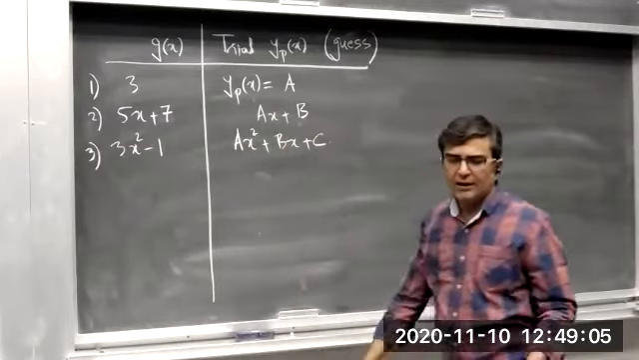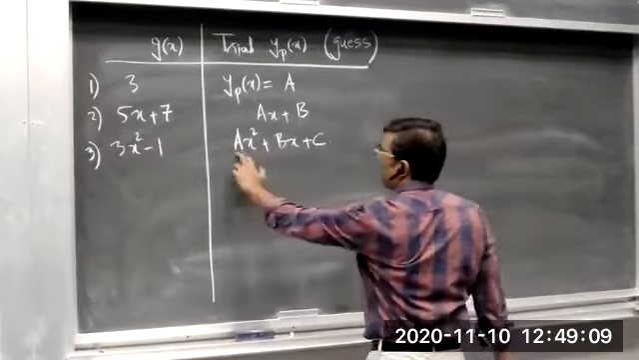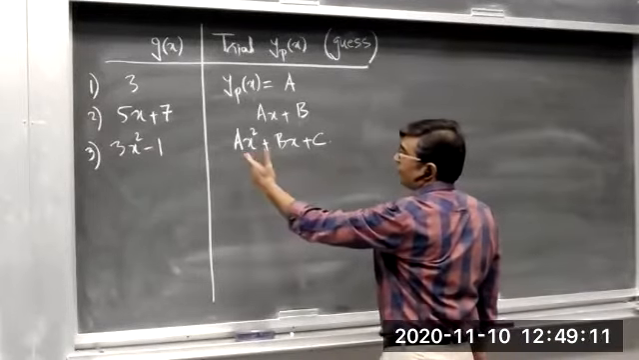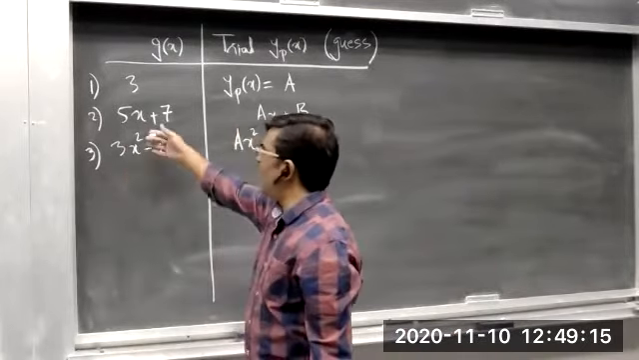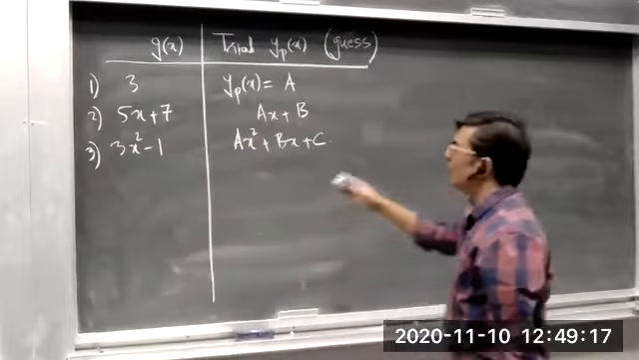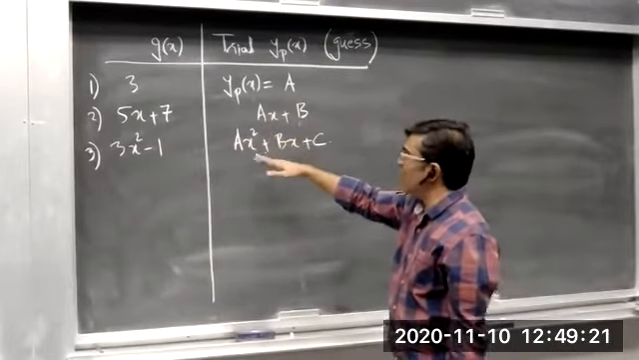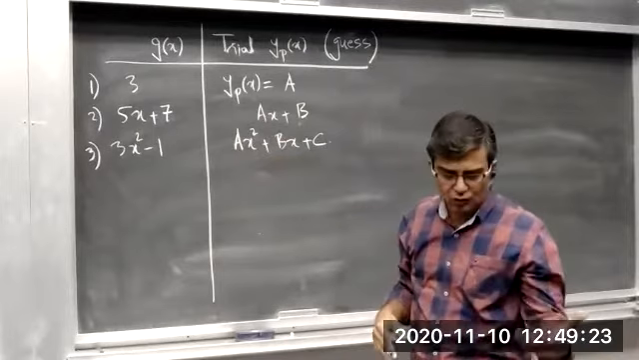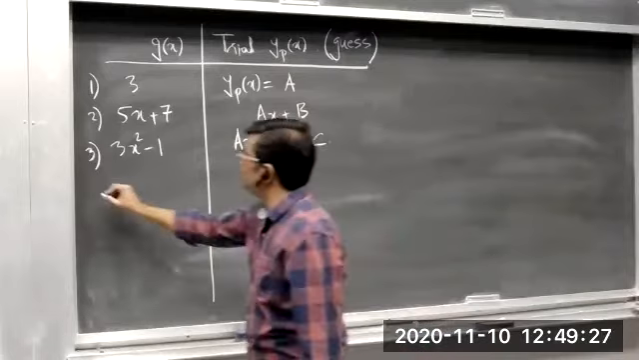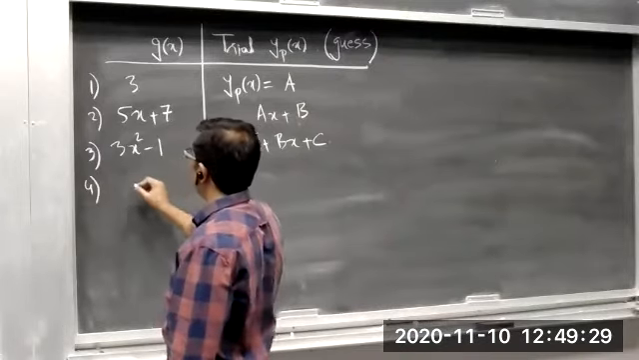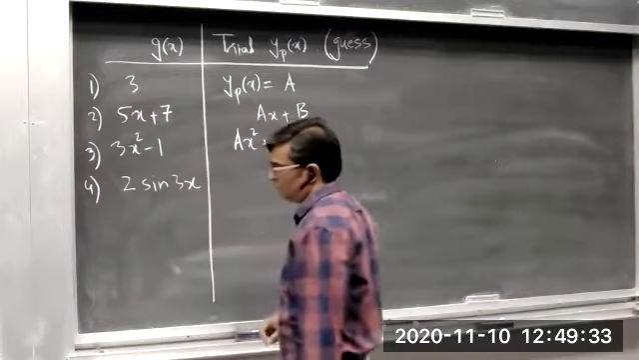We assume the particular solution as a second degree polynomial with undetermined coefficients a, b, c, and so on. If we have a third degree polynomial, we'll assume the particular solution as a third degree polynomial, and so on. Next case is if the right hand side function is 2 sine 3x, or